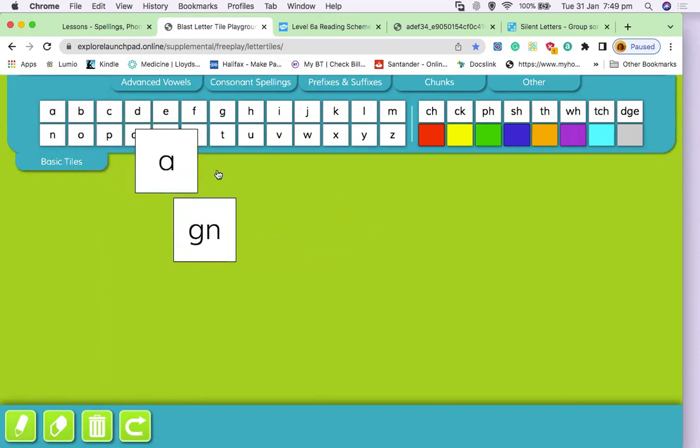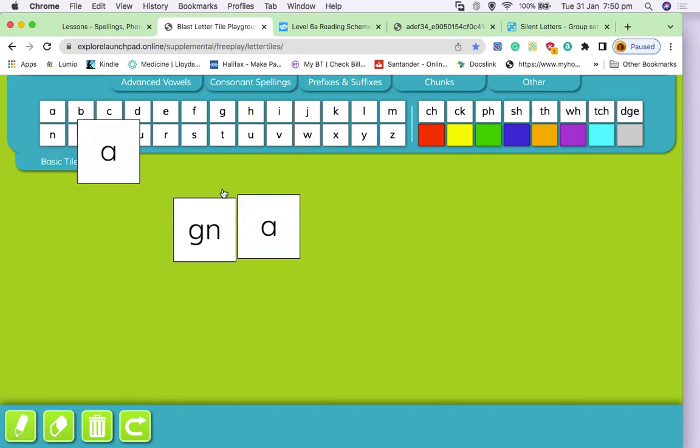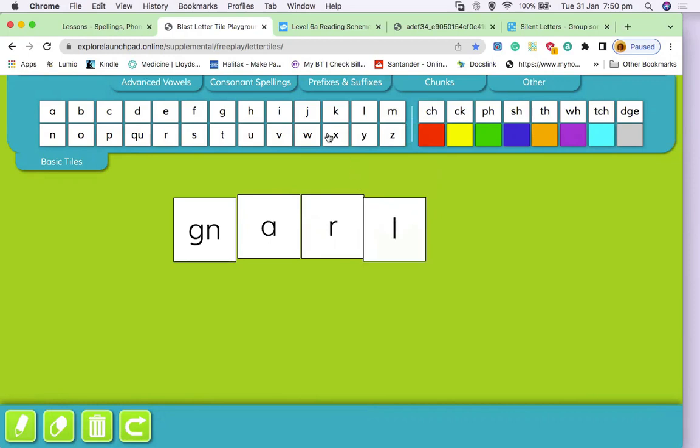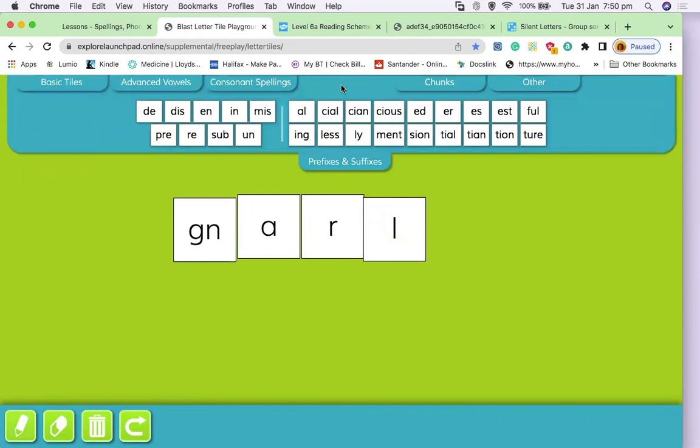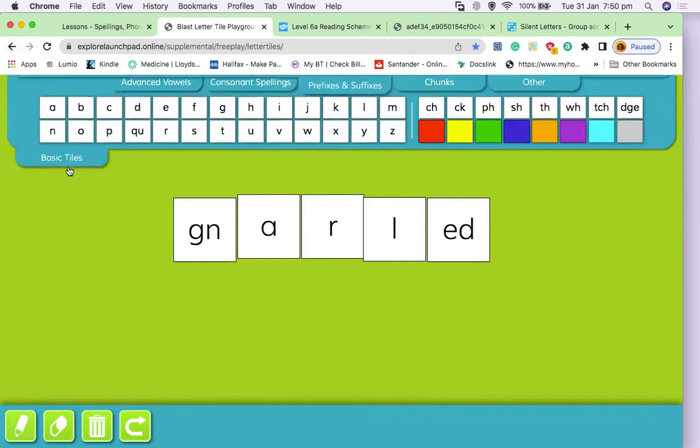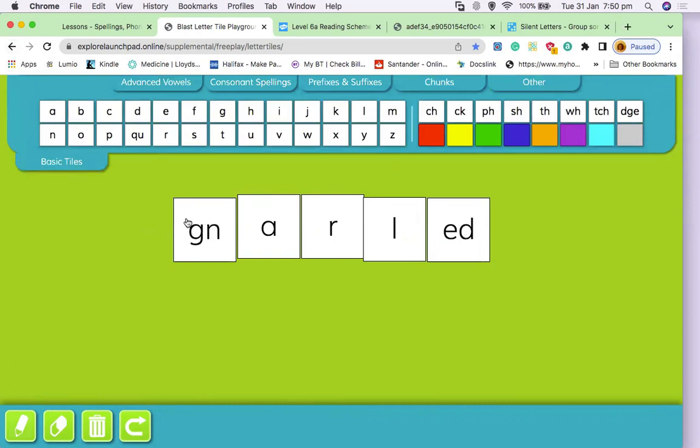Ooh, don't want that one. Sorry, got it already. And then ed. Suffix. Have I got that suffix? Ed. Yes. Gnarled. Back to the basic tiles. So when you write it,